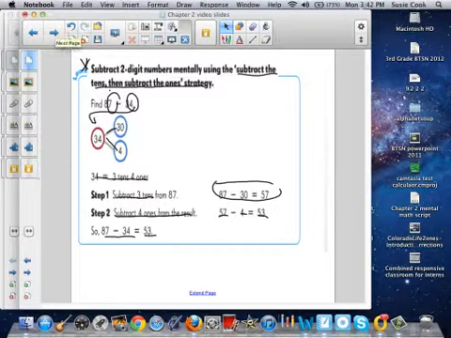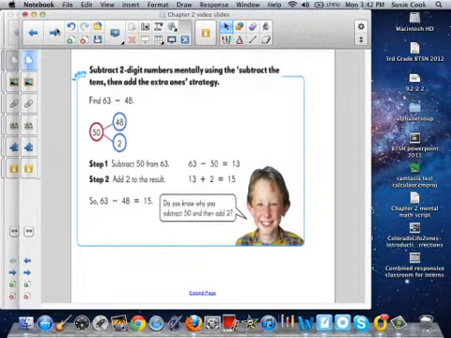Notice how using what we know about place value and the fact that 30 is the same as 3 tens helps to make that problem solving much easier. Next, we can subtract two-digit numbers mentally using the subtract the tens and then add the extra one strategy. So our problem is